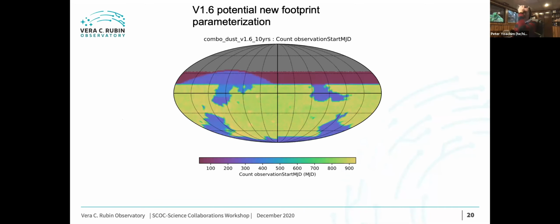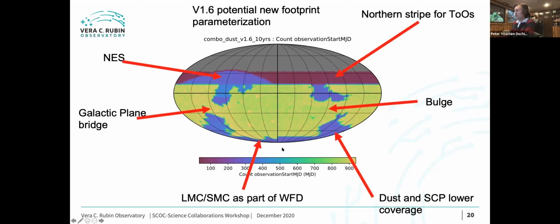All right. One thing from our report is that in our version 1.6, we came up with a potential new parameterization for the footprint instead of our old baseline. And so it should look pretty familiar. We've still got wide, fast, deep. We've still got the north ecliptic spur, but now instead of just the galactic plane here,